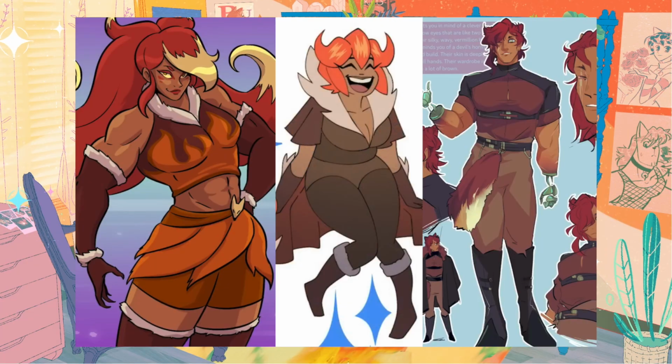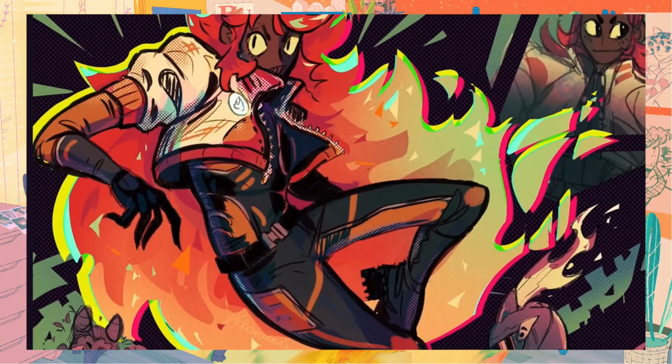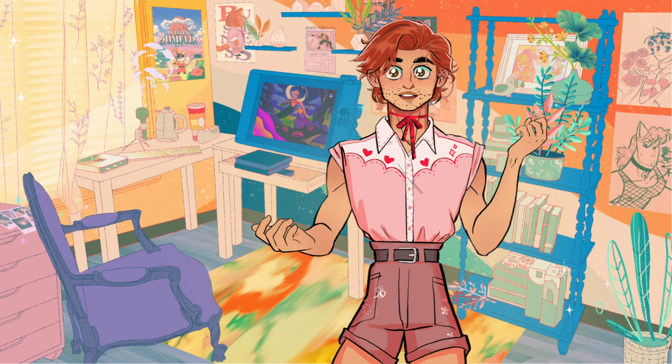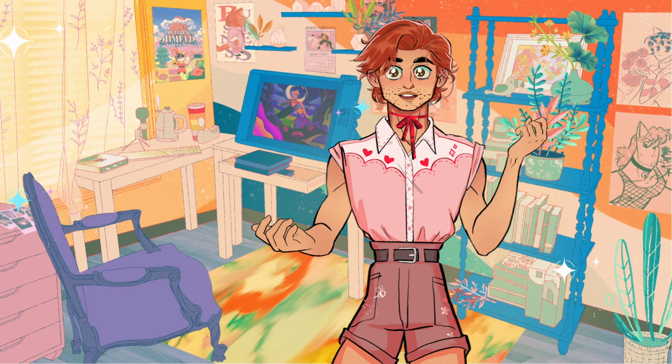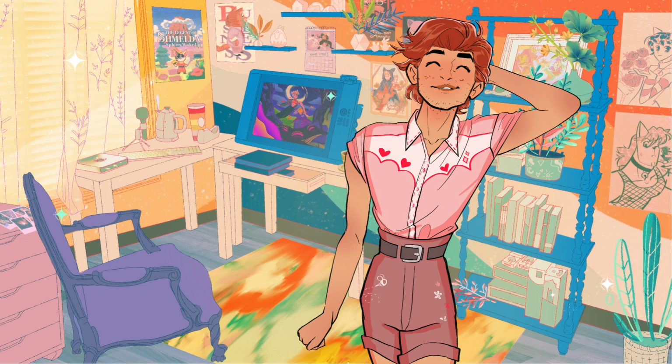So I gathered all the designs, including Naruto. I mean, come on, this is like the coolest design ever. I'm gonna have to be real creative to figure out my unique take on this description, which is, this person